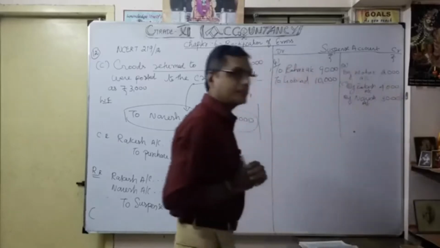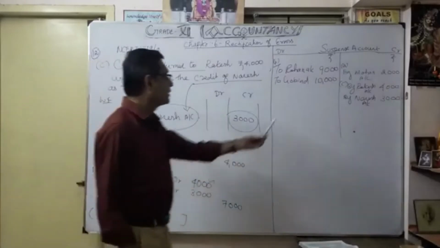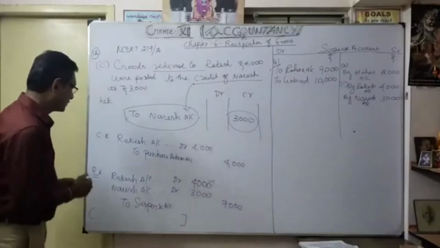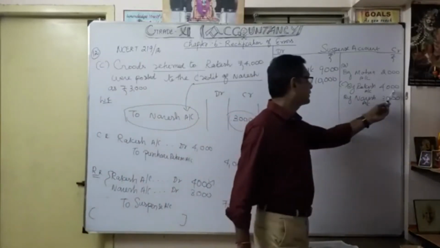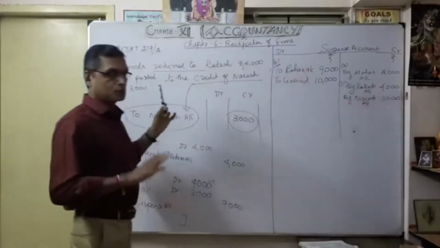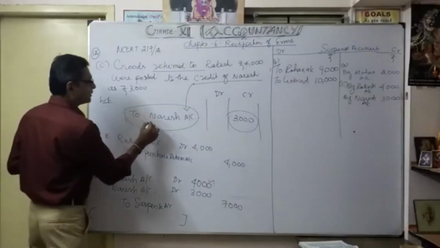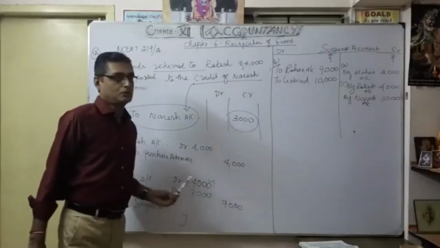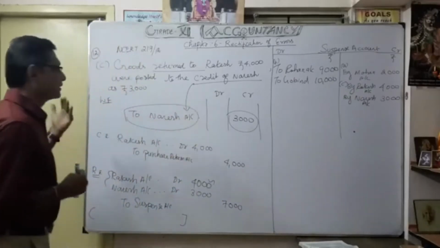Okay, Rakesh account, Naresh account. You understood very clearly. So that's what suspense account. In suspense account, I done it in a suspense account. That's why this two I'm going to credit in suspense account. That's what by Rakesh 4,000, by Naresh account 3,000. Okay, now understood how to create suspense account, how to mention. This is one side error. Okay, error only, credit side only the error. That's why here you want to mention through suspense account. How we have done it our previous transaction same manner. So now finish A, B, C.